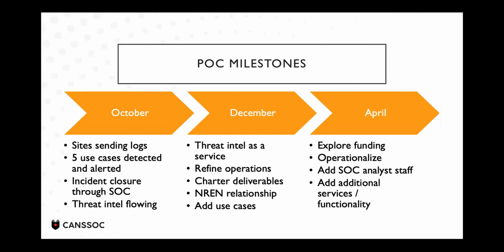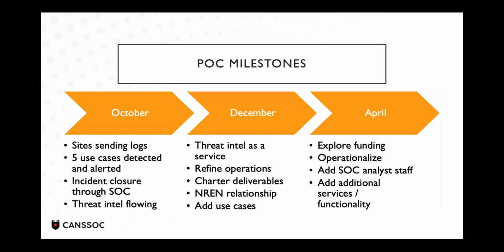Right now we're running through April is the plan, knowing that we're going to have some decisions there. So while we get to December, we've produced the deliverables, we're going to continue with the operations provided they're working in the way that we like what we're seeing. This is where we're going to work on figuring out the funding, turn this from a proof of concept to something operational, start looking at adding some of the SOC staff and exploring other different staffing options. And this is where you'll start to see the next layer of services coming out of this. And this is where we'll start to explore the a la carte services.